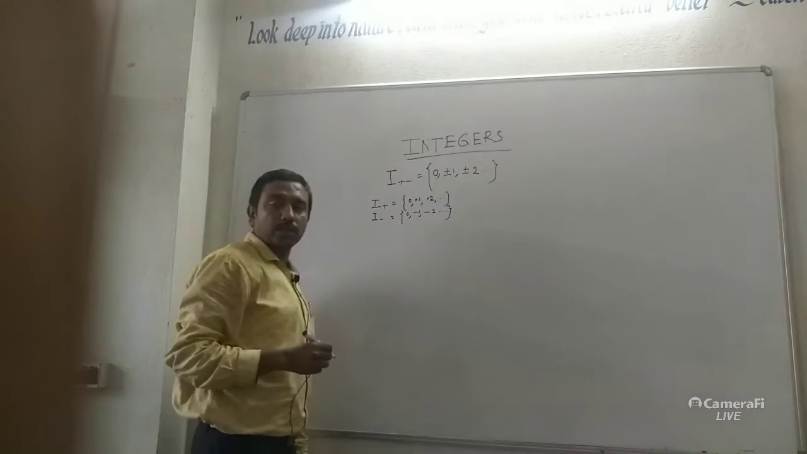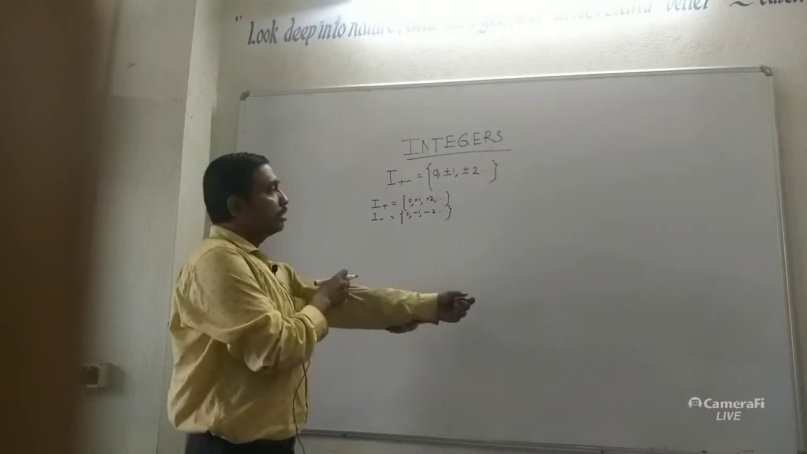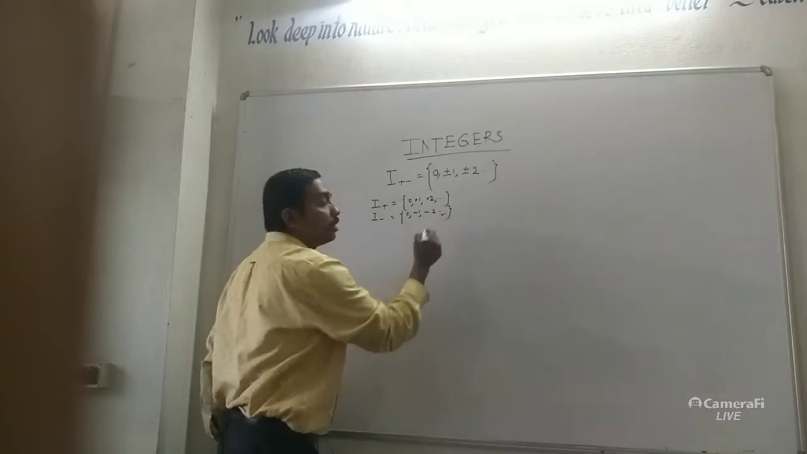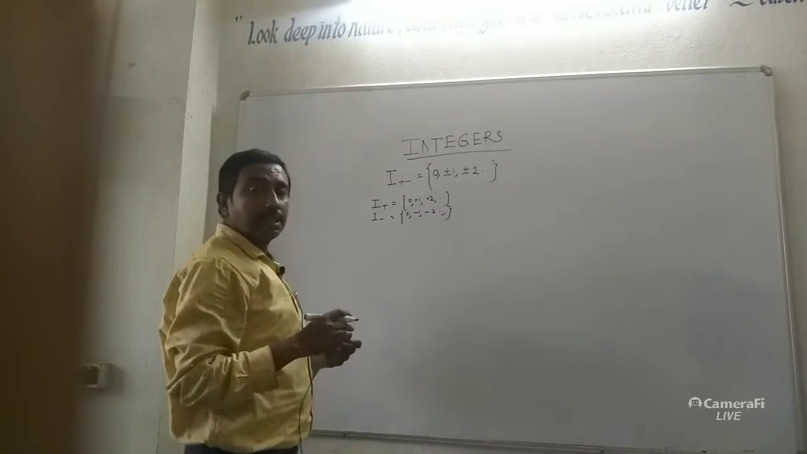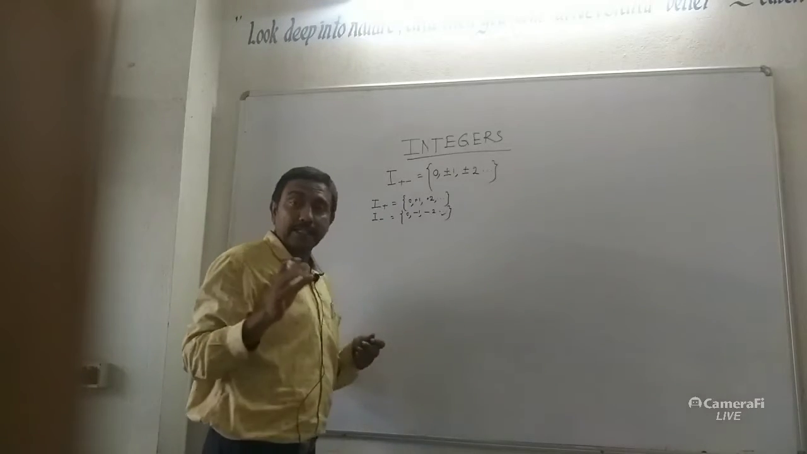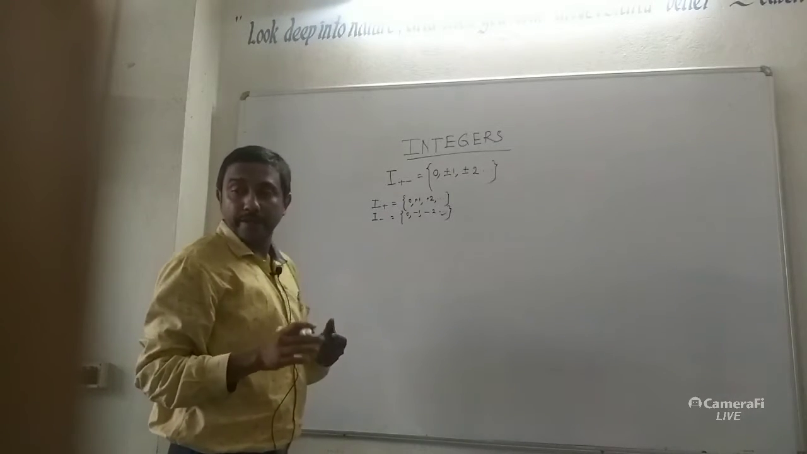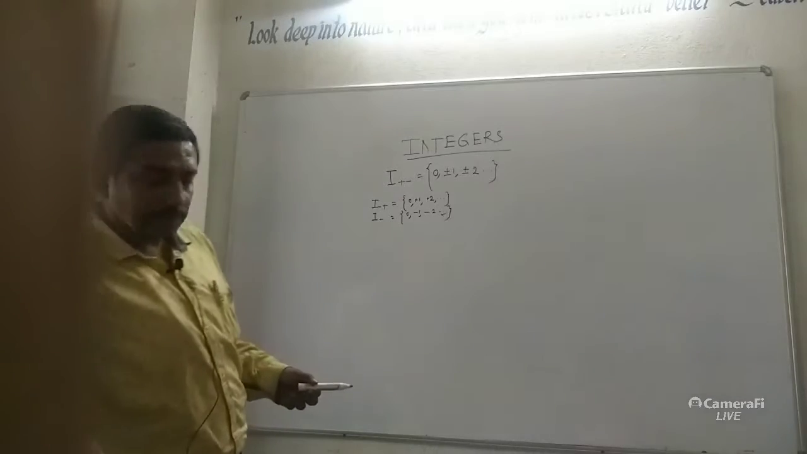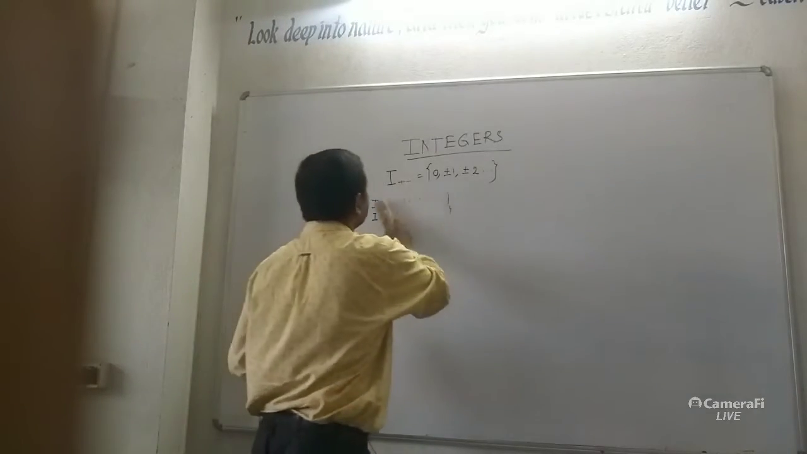These 3 dots show that there is no end of integers. Look at these 3 dots, they are very important. This notation gives an idea that integers have no end. Now next I will discuss